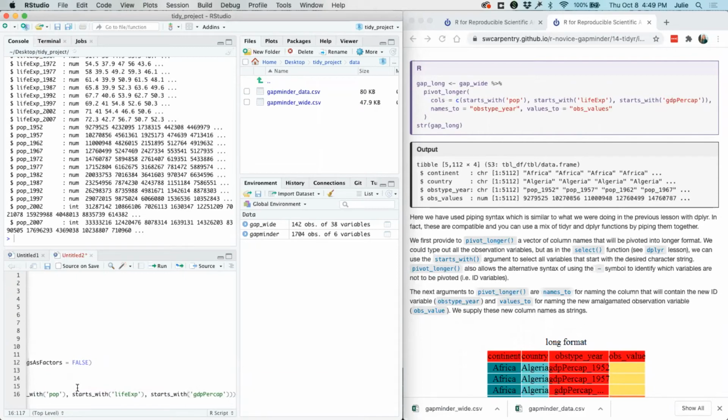Okay, those are the columns. So the starts with argument selects all of the variables that start with the desired character string.